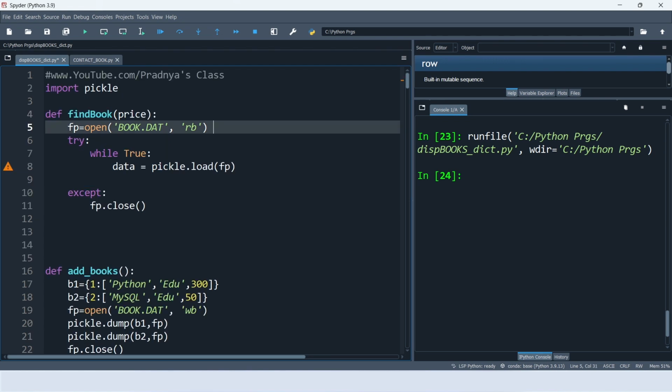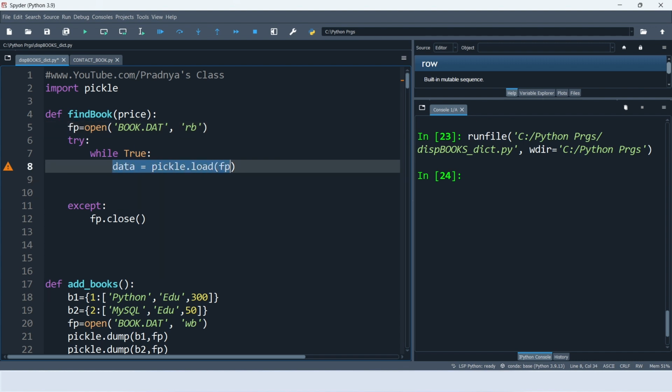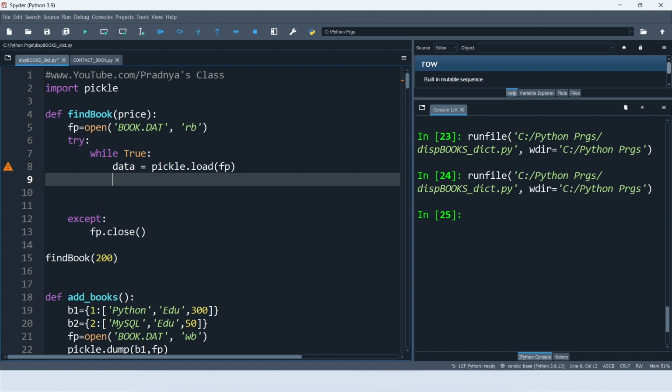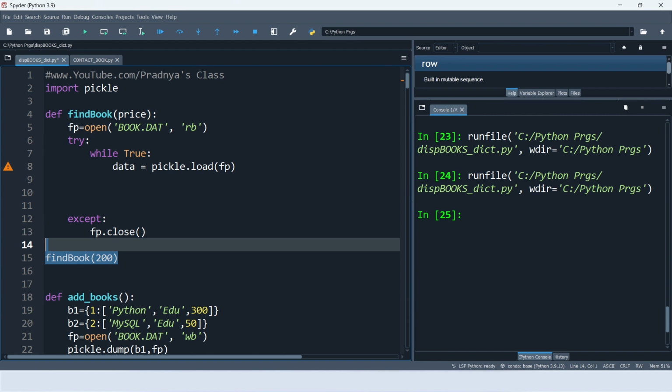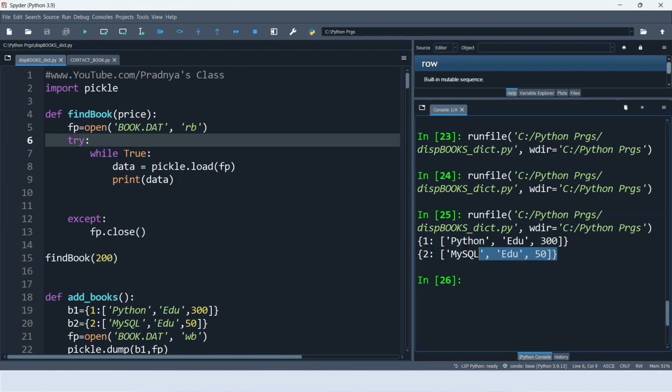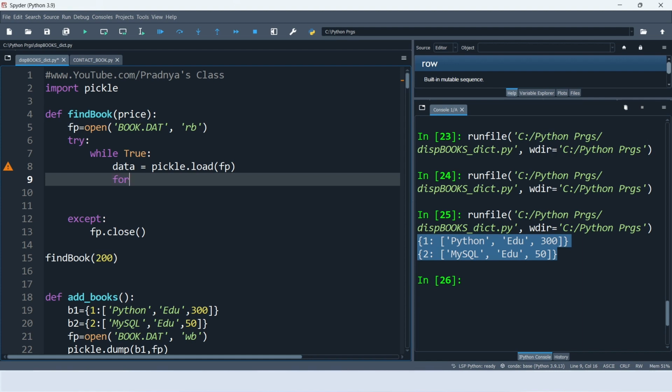We have already solved many questions on the binary file. Now you know the structure of the program. With the load function, we have got the data into the data variable. If you want to make sure that the file is being read properly, call this function and print and check the data. Look at the output. The file content is getting read. Now it's time to iterate over the data which is in the form of a dictionary, and we need both key and value. That's why we will be using key comma value. The name of the variable is data, where we are getting the content in dictionary format. We will be using the items function of the dictionary.